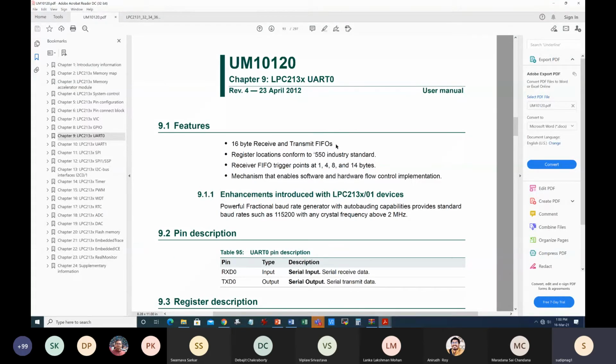So if you want to make sure that none of the bytes are lost, what you should do, the moment it receives, it should be stored in some sort of buffer. It's some sort of bag or storage where you can store more than one byte. So there is a string of bytes coming, but the certain bytes which have not been read are stored in a FIFO. In 8051, there is one single buffer, right?